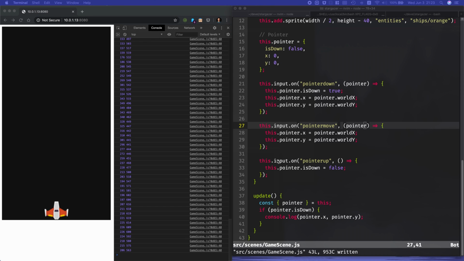Welcome back. In this episode, I'm going to add some basic ship movement so we can move the ship around before we get into adding the physics and some basic collision detection. So the first thing we want to do is, when the player moves, we want to start moving the ship